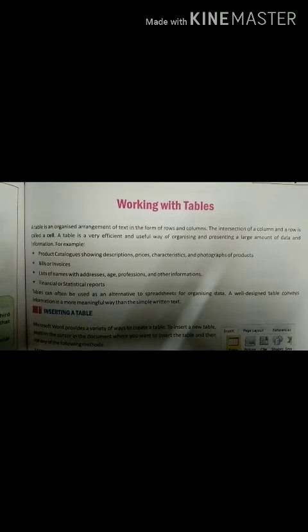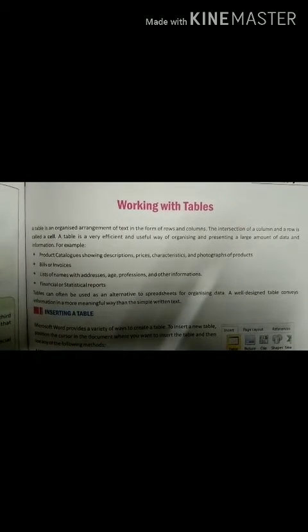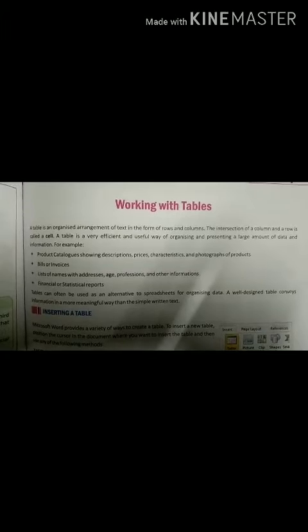So, a table is an organized arrangement of text which consists of various rows and columns. So, if you want to make a table, it should consist of various rows and columns. The intersection part of a column and a row is called a cell. So, a cell refers to the part in which we have to enter data and which contains the heading of a main topic. A table is a very efficient and useful way to organize, manage and present a large amount